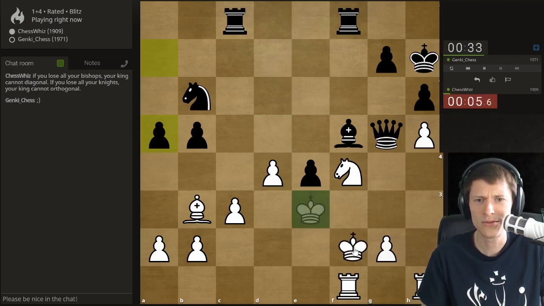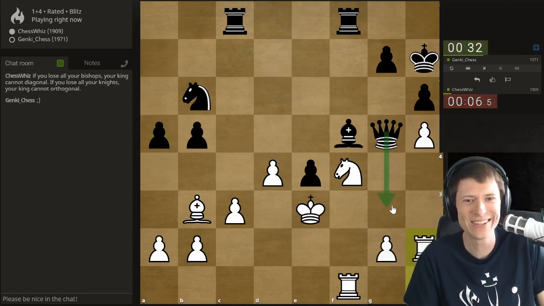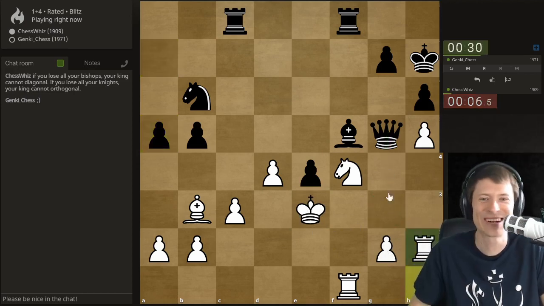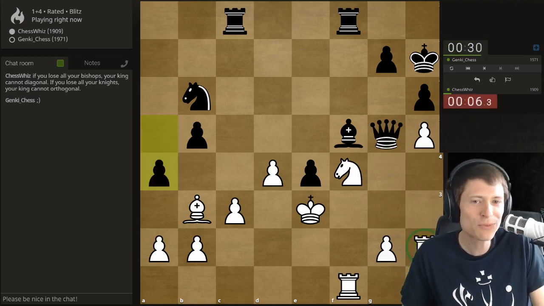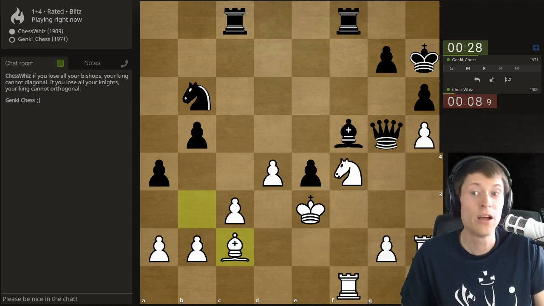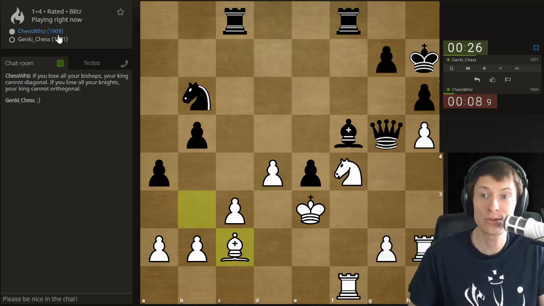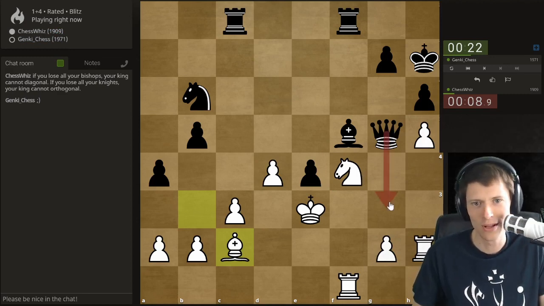So my king can still move, so I'm going to suicide. Help! I'm just noticing this move, so why don't I walk into a fork? Look, oh no, he can check me this way. Why don't you move a rook to a place where he could take it for free after he checks you that way? Great idea, ChessWhiz. Better make that a rated game so you lose some rating points while you're at it. Good idea also. Two ideas right there.